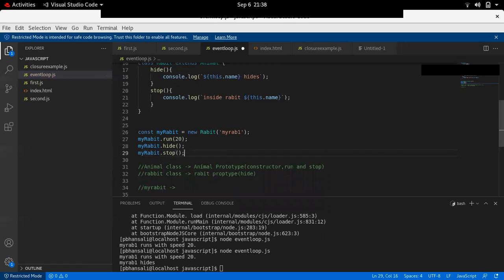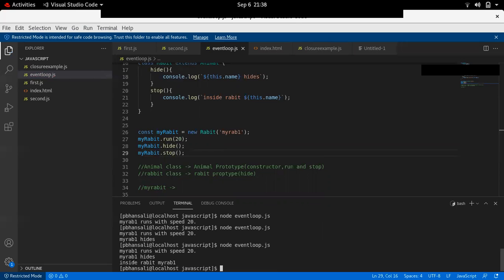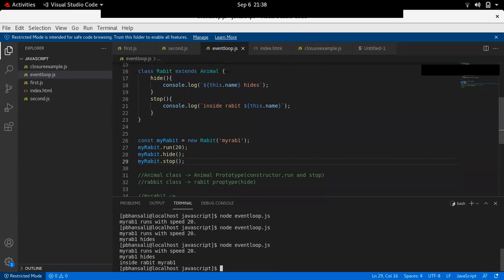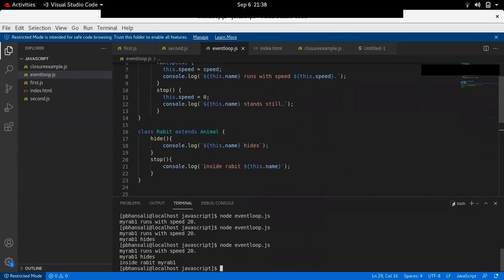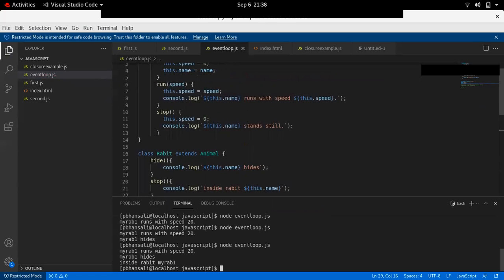So first let us see the problem carefully. You can see inside rabbit, this one is printing, not this one. Animal's stop is not printing, this one is printing. So this is called method overriding, that due to the same name of the methods in both classes, parent and child, the child method is always called. So if I want to call the parent one,